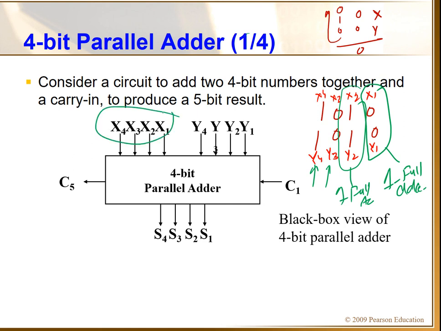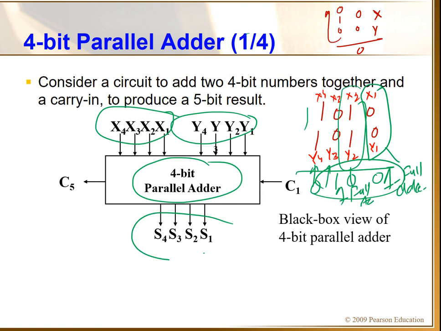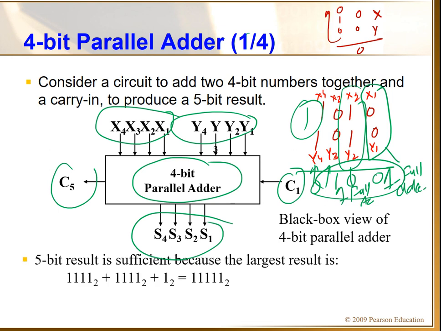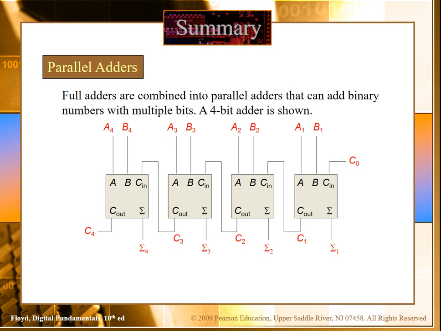So these will be my inputs. There will be 4 cascaded full adders, and I will get the 4 sums here. Like 0 plus 0, 1 sum, 1 plus 1, 0, 0 plus 1, 1, 1 plus 1, 0 and 1 carry. So we will get the sums and we will get the carry out, and there could be a carry in. So this is the block diagram for the 4-bit adder. And if you draw this at the block level, it will be like this one.